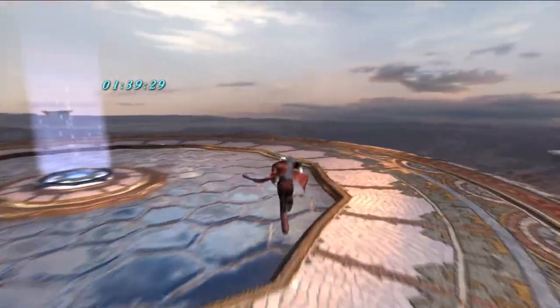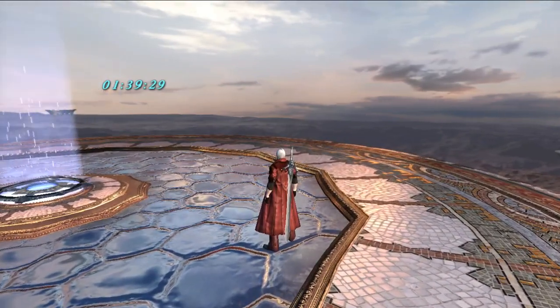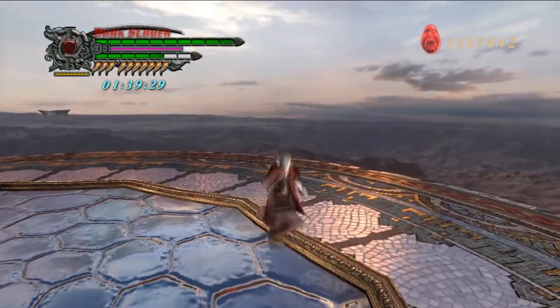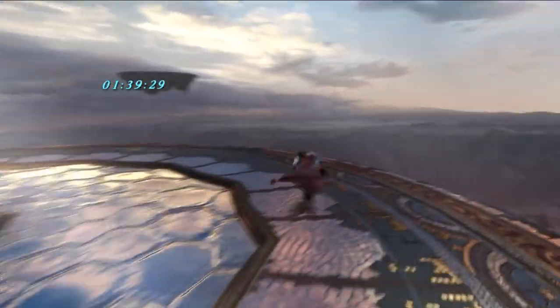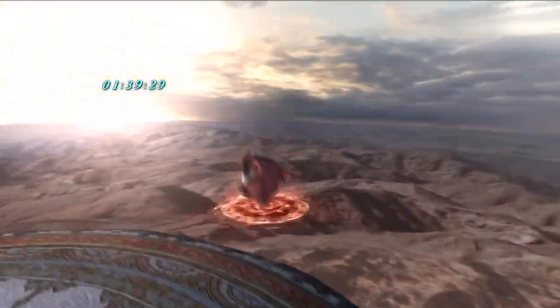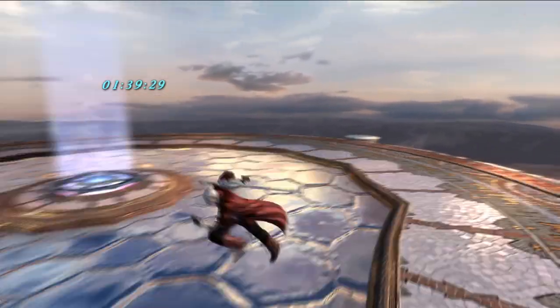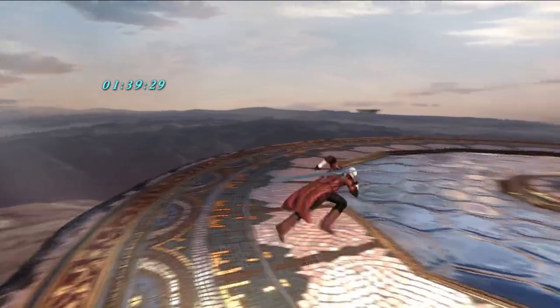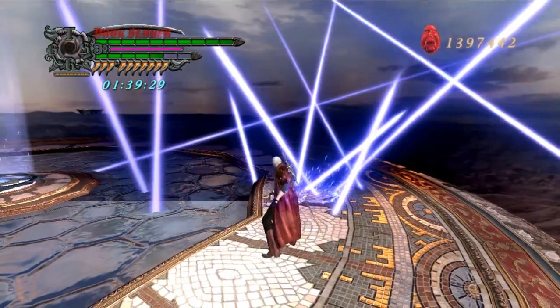Then Dante has access to Judgment Cut, or a bastardized version of it. So either the forward style or the back style. This attack does a really decent amount of damage, and it's a good crowd control finisher. This is kind of what I mean about how Yamato works, as that it and Lucifer kind of fill in the spots, because they don't really do anything particularly well, but they'll have these attacks like Judgment Cut that just are really great